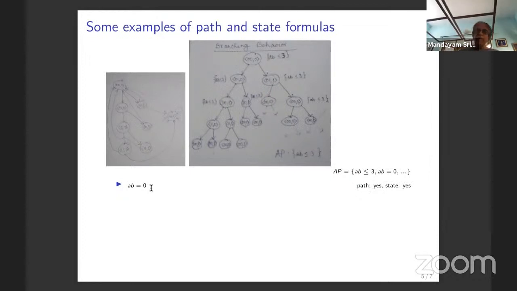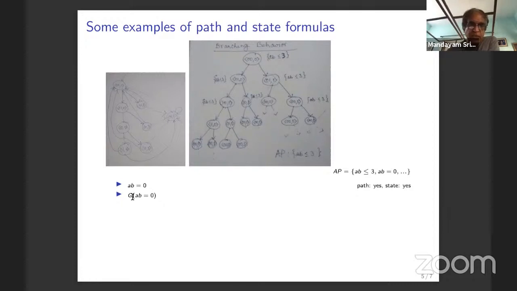So intuitively, a state formula, which is also a path formula, is true of a path if it is true in the first state. Okay, that's the convention that we will use to make a state formula also have meaning as a path formula. So here my questions are only about the syntactic aspect. I will get to the semantic aspect very soon after I define the formal semantics. So this one,